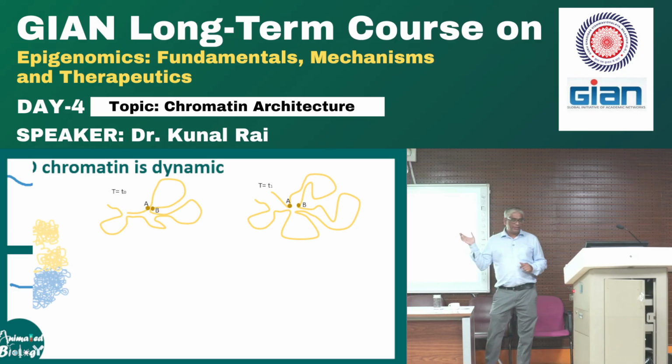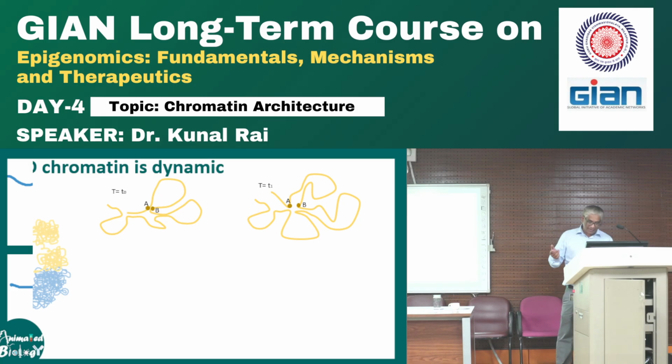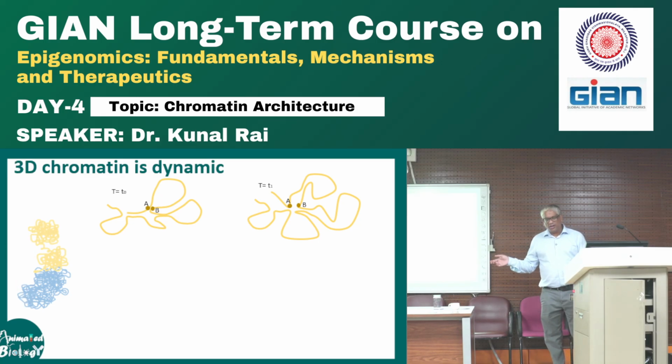And it is dynamic. At one time it will be this, and another time it will be this. Actually, that's not entirely true. A lot of these chromatin interactions tend to be very stable normally, but in some places they will be dynamic. And when it's dynamic, it's going to change the interaction levels, which you can